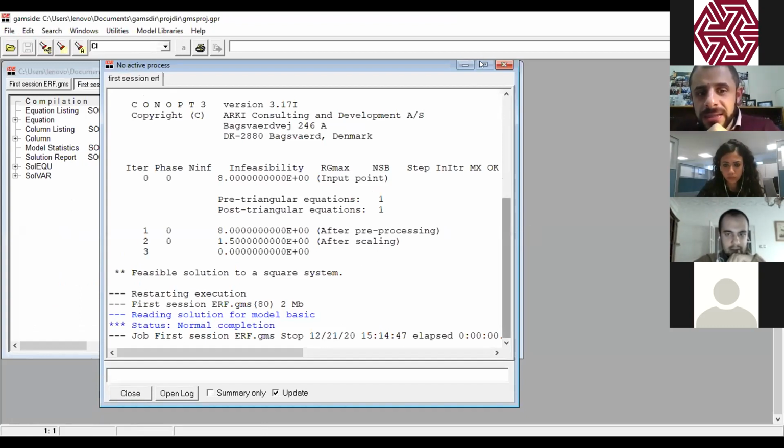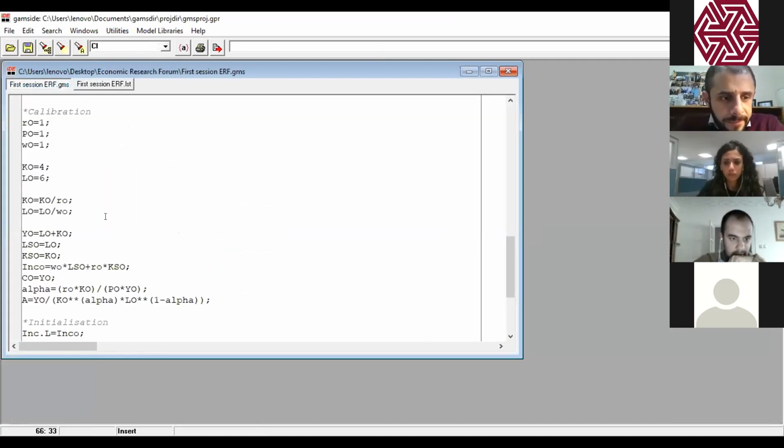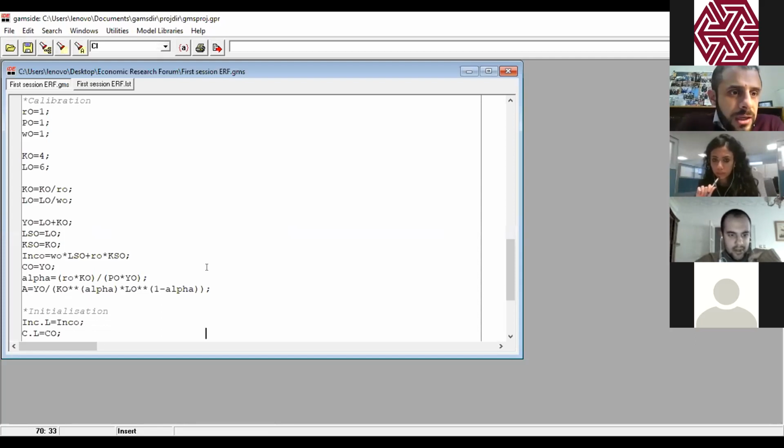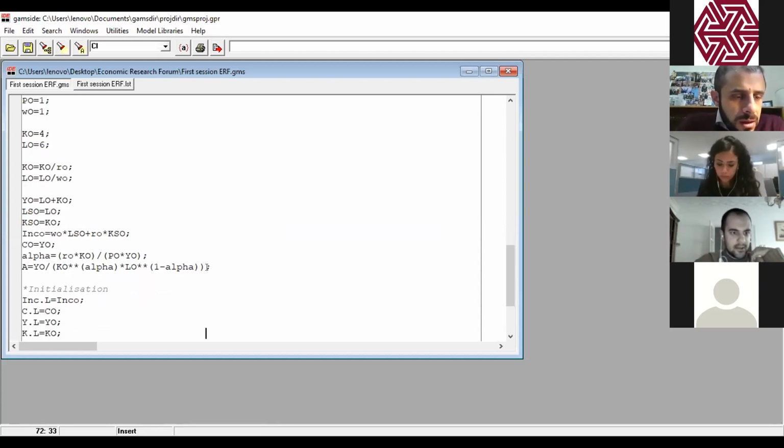So the infeasibility decreased, but we still have an infeasibility. So close the model. We have to go check again. So R is equal to 1, P is equal to 1, W is equal to 1, K0, L0.